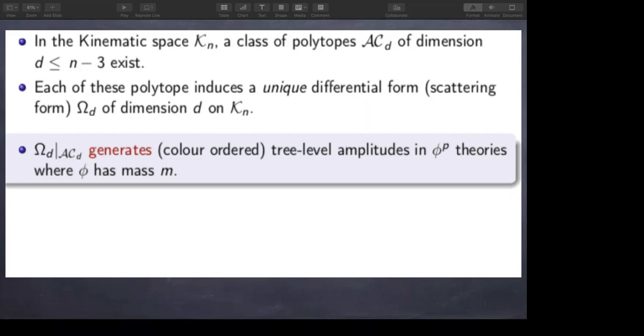The reason these are interesting polytopes is that each of them induces, this is just a math result, a unique differential form of the same rank as the dimension of the polytope on the same kinematic space. So right now it looks like we are very far from physics, because we just started with the kinematic space. We found some polytope, and under some technical conditions, these polytopes give us a form in this kinematic space. But then it turns out that if we take this form and we just restrict it to these polytopes, so we just look at the evaluation of this form in some sense on this polytope,